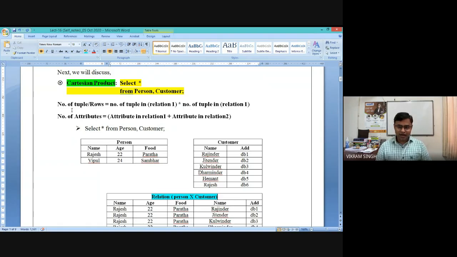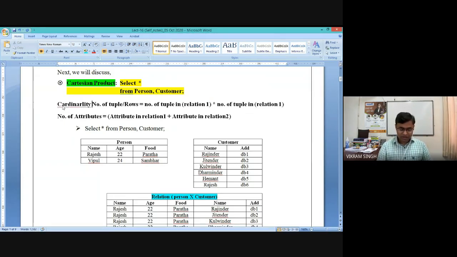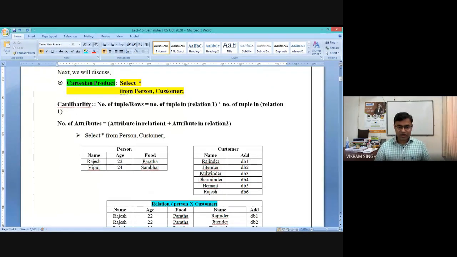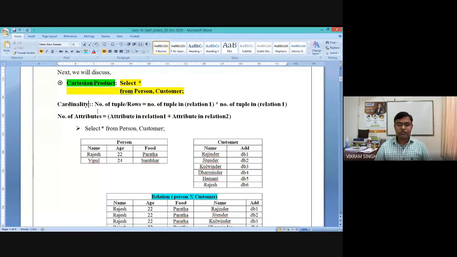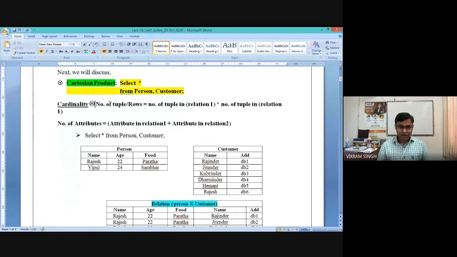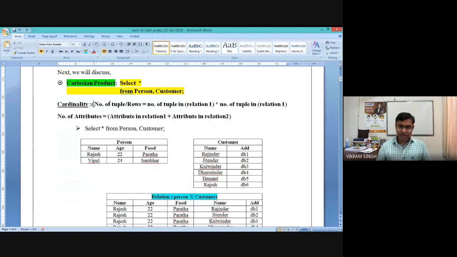The cardinality of Cartesian product is m into n. So if you have m tuples in the first relation and n in the second, then it will be m into n.